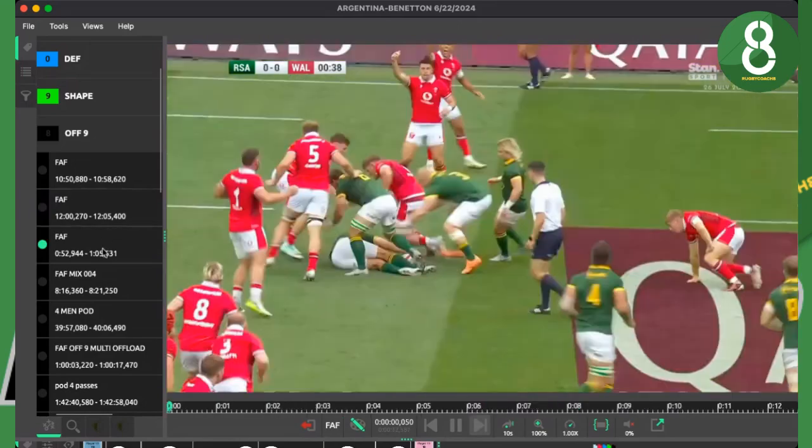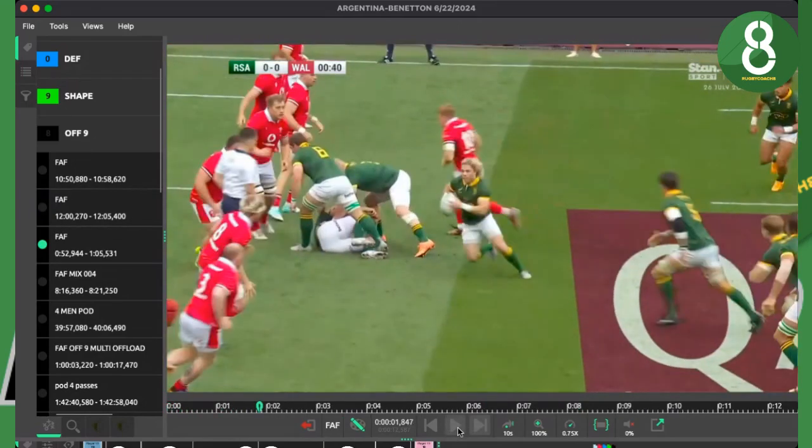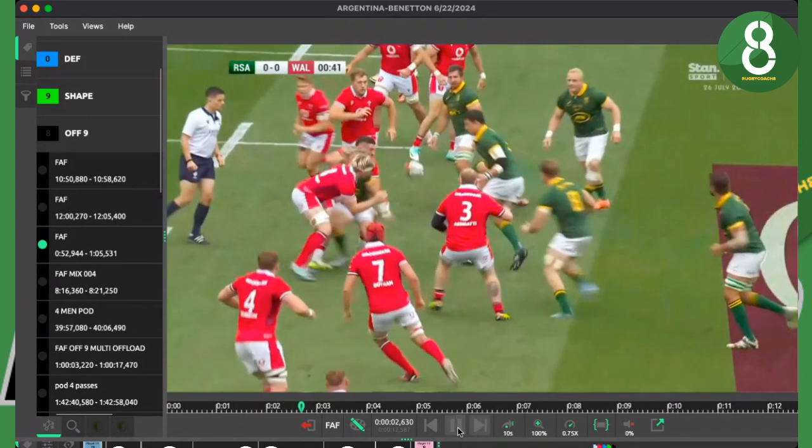Not only this situation we saw from Faf de Klerk, this is another situation where he attacked the second player. First, the second player moved on his side, and then there is this switch with Franco Mostert. Not the best execution, but still you can see the space created